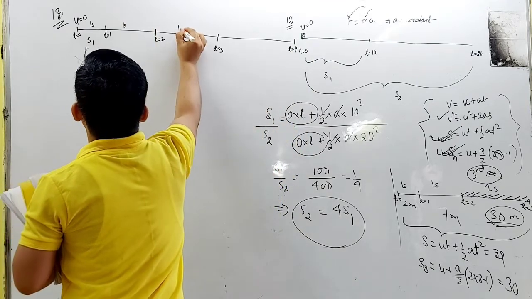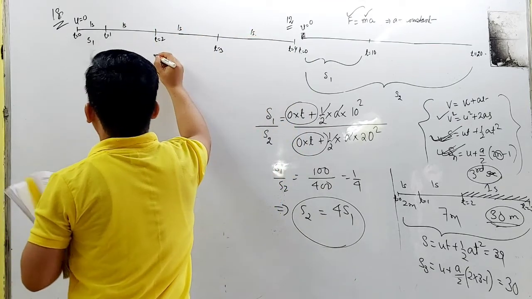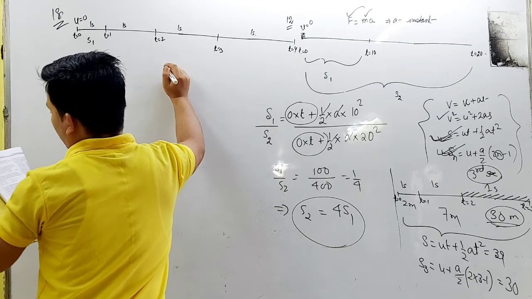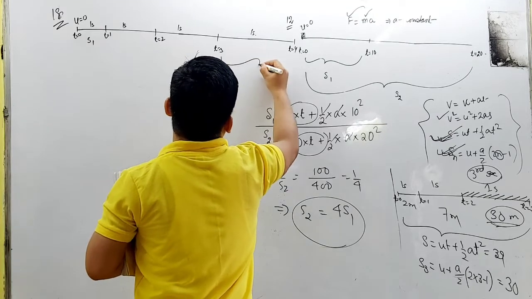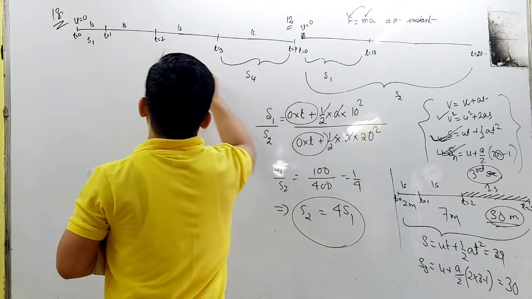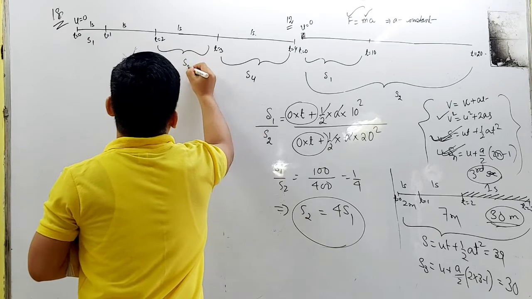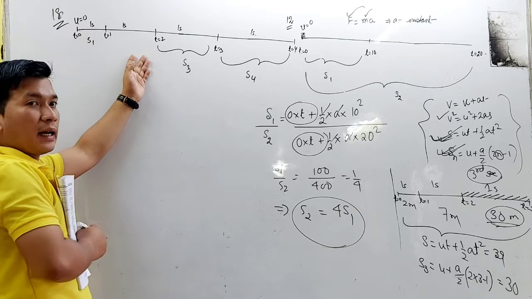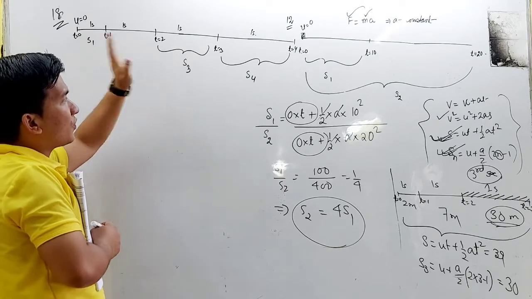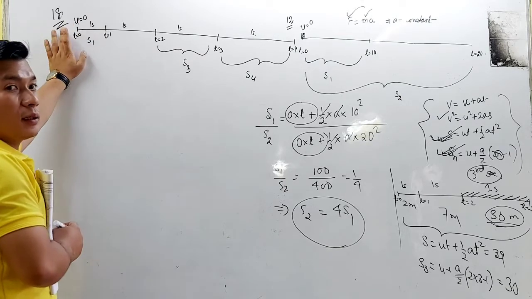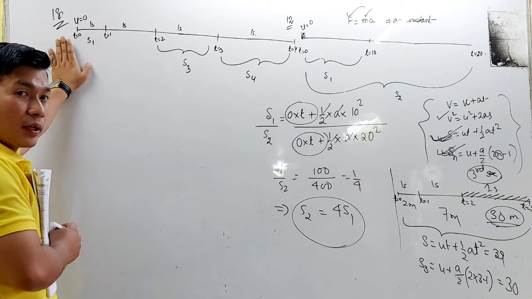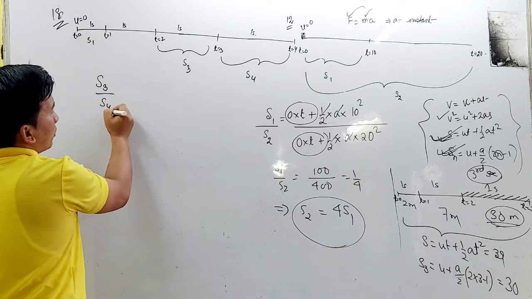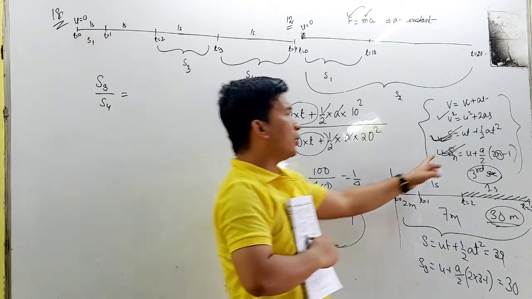Each interval is 1 second, and we have to find the displacement produced in the fourth and the third second. This will be S4 and this will be S3, and we have to compare the displacement produced in the third and in the fourth, provided that the body starts from rest. Your S3 divided by S4 will be equal to,